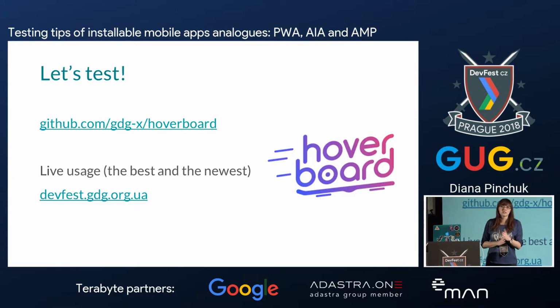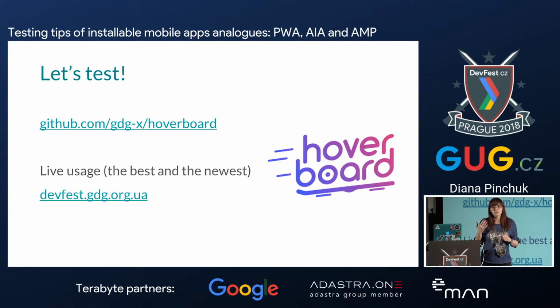If you'd like to test progressive web app, you can use Project Hoverboard. It's an open source project. It's a draft for conference website. This project is created by Alex Zasadny and Sofia. Sofia gave a talk today about web accessibility earlier. And this project released version number 2 earlier this summer.